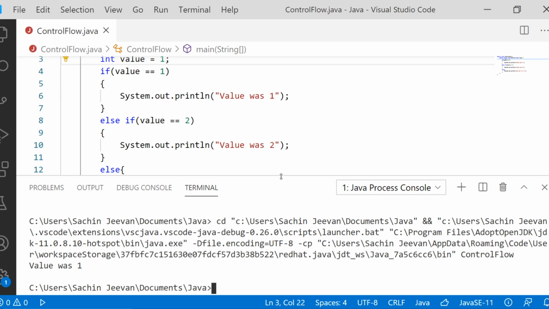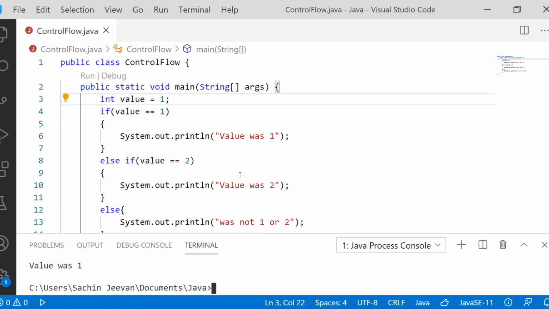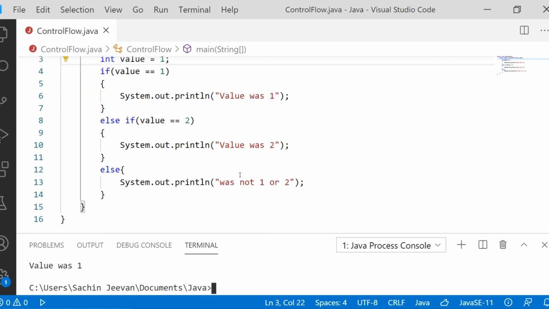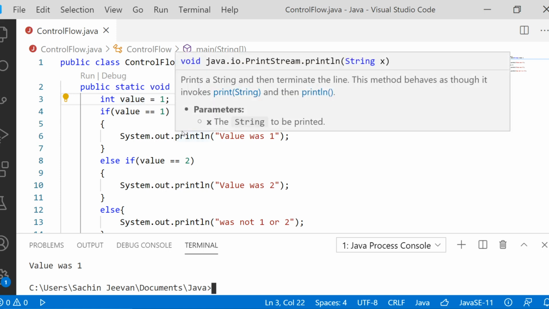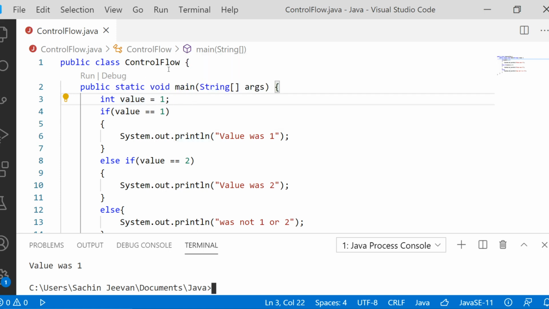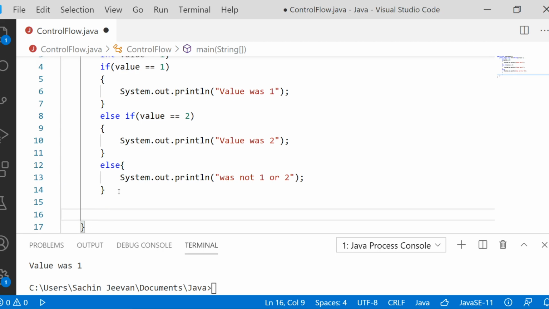So it is working properly, whatever the condition. But for the same scenario, we are going to prefer the switch statement. We go for a switch statement when you want to take a single variable and you want to check for different values of the variable. If you want to perform something for different values of the variable, then the switch statement will work fine. So let me come here.